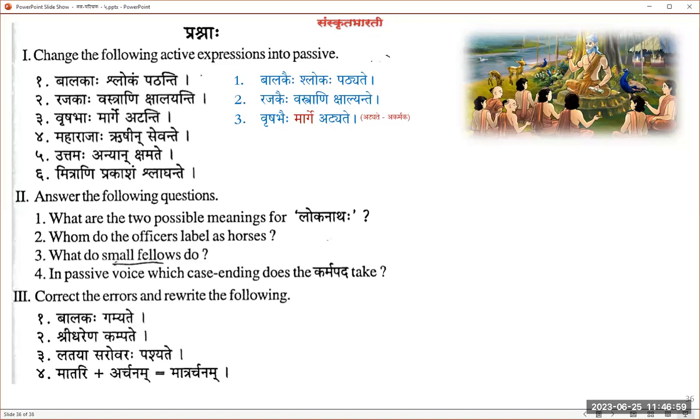Balaka grame atati. Boy roams around in the village. Okay? Right. So that marga is similar in saptami. It remains in the bhave sentence, or so-called karmani sentence, passive voice sentence. It still remains as an adhikarana vibhakti. So that's why I said if you pronounce it as marge vrishabhaihi atyate, we don't have a problem.